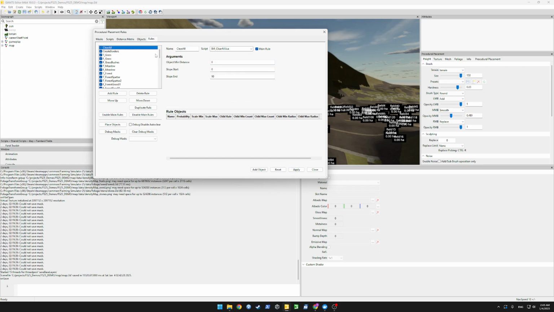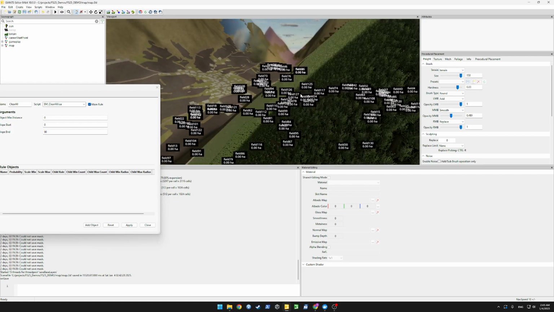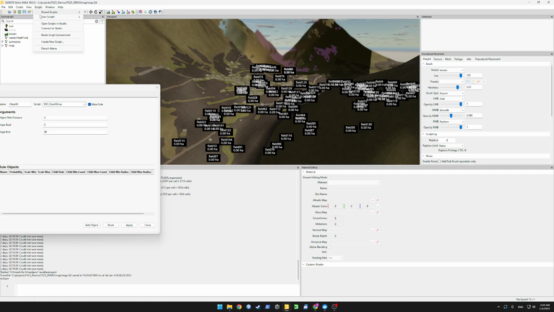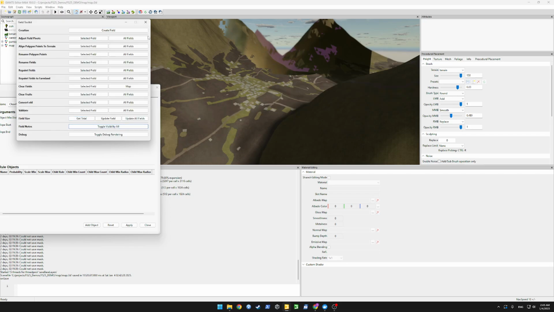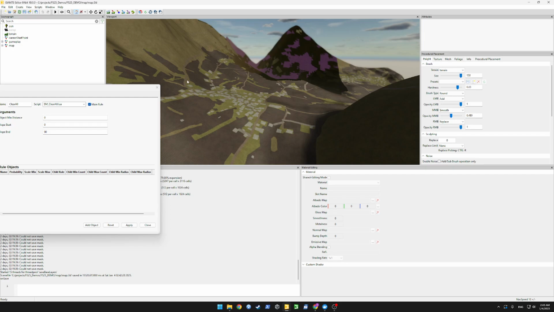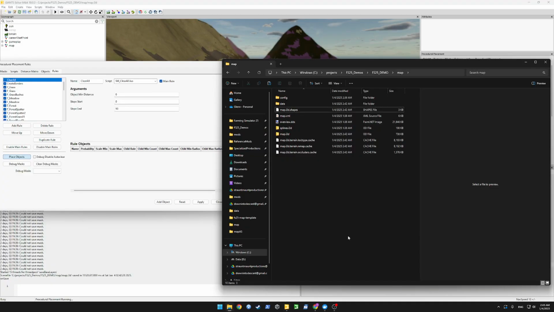Now that's fixed, the script is fixed. I think that's all the special ones. Maybe we'll hide the field debug view for now. Okay. And we'll run our generator. While it's running, we can go back to our map folder,